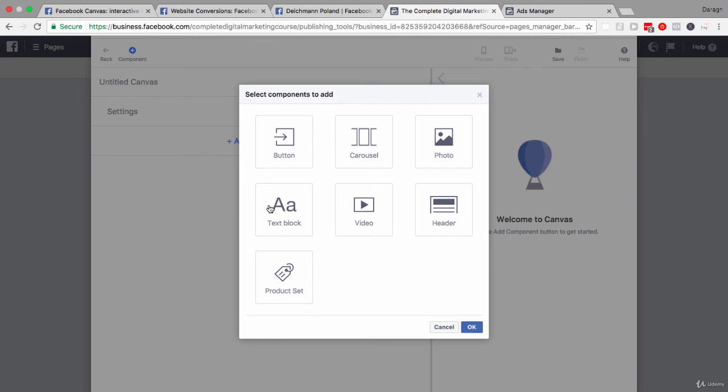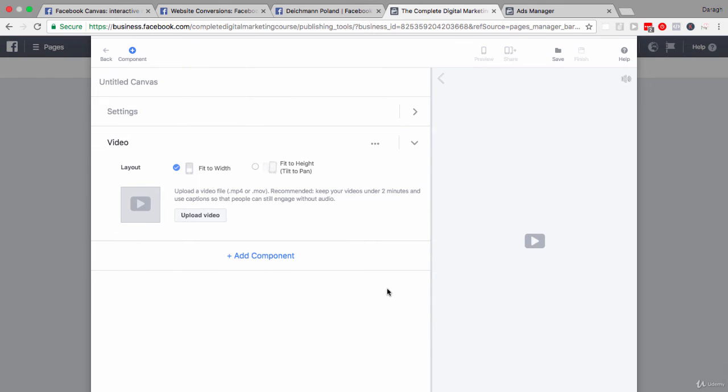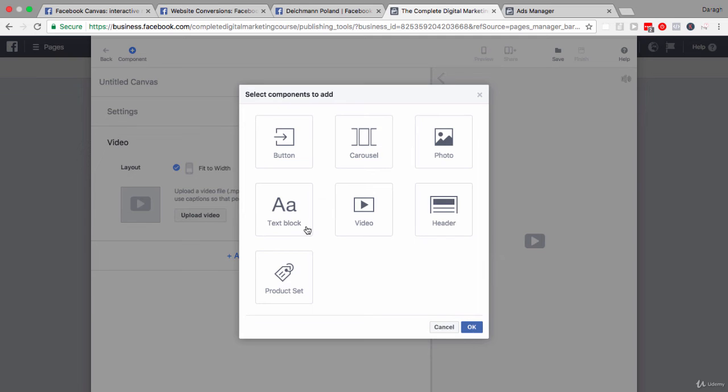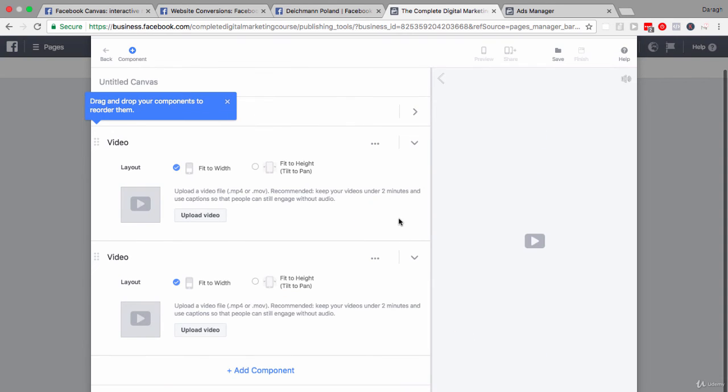Maybe let's just start with an open canvas. So you can see you can put in a button, carousel, photo, product set once your product catalog is uploaded, and video. So let's just put in a video, and you can continue to add components as people scroll down, scroll left, scroll right, etc. So I won't go through all the details of setting it up, but once you have got a canvas created,